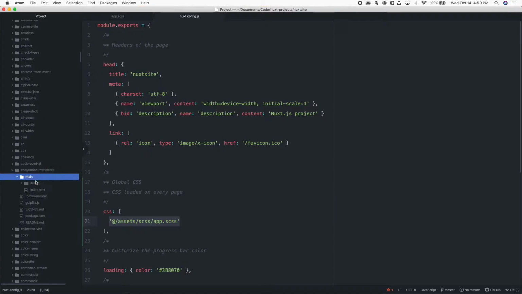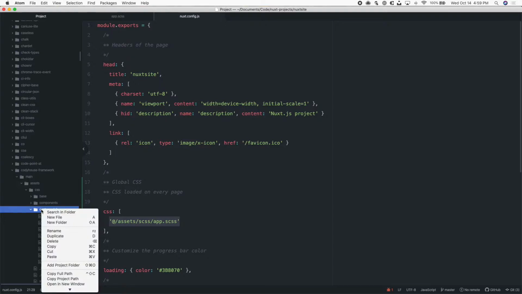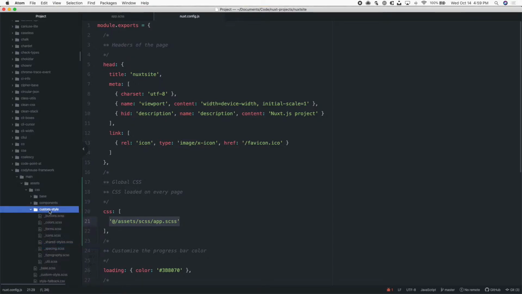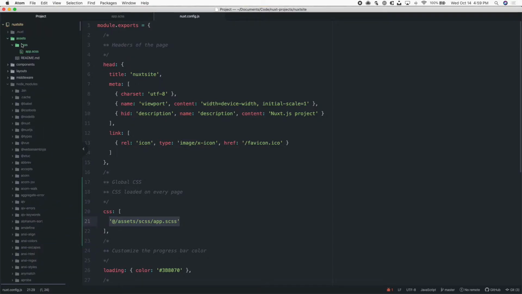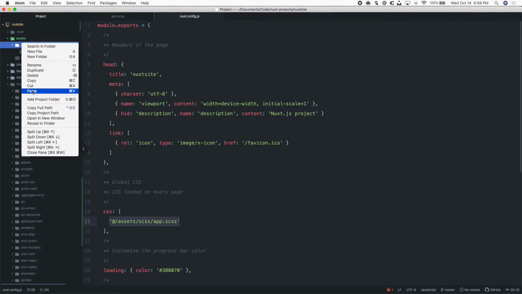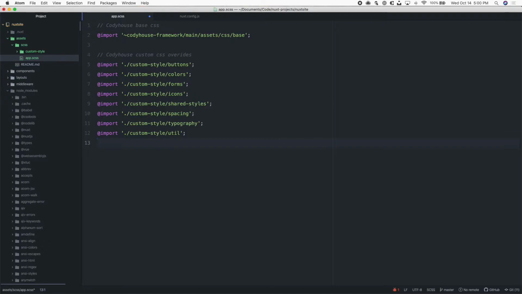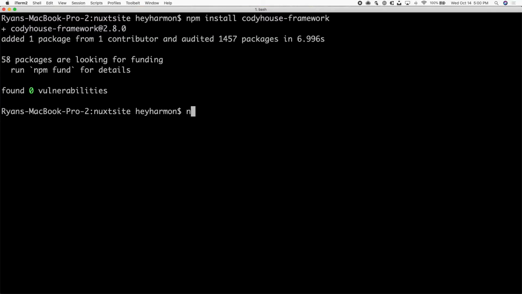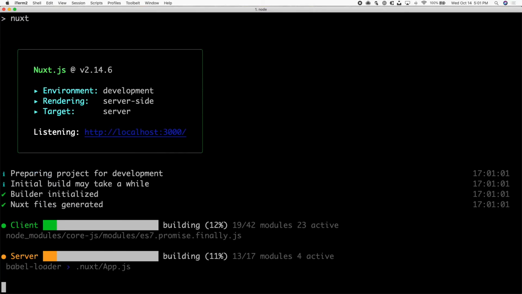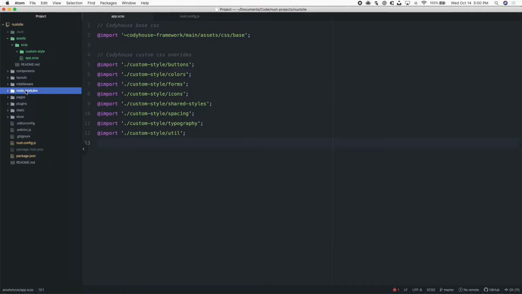Go there and navigate to main assets CSS and copy the custom style directory. Then paste it in your SCSS directory. Finally, import each of those files in app.scss. Go to your console, npm run dev. And now let's head over to pages,